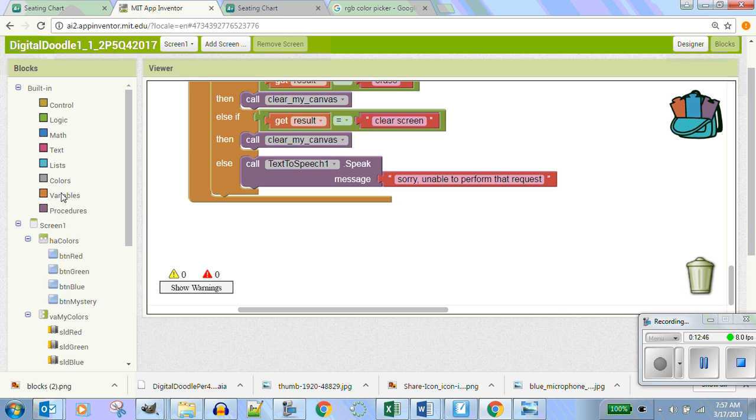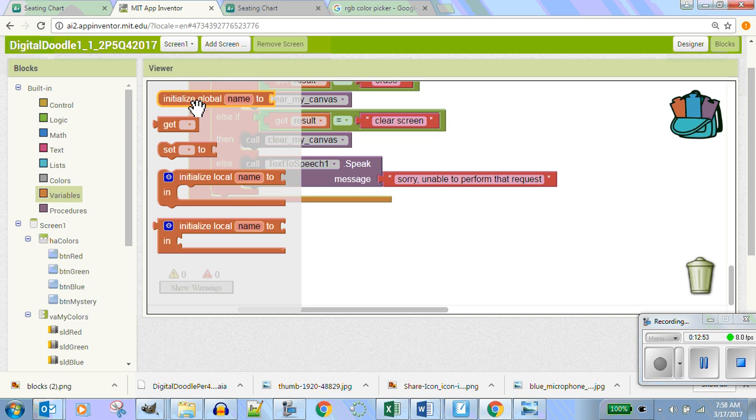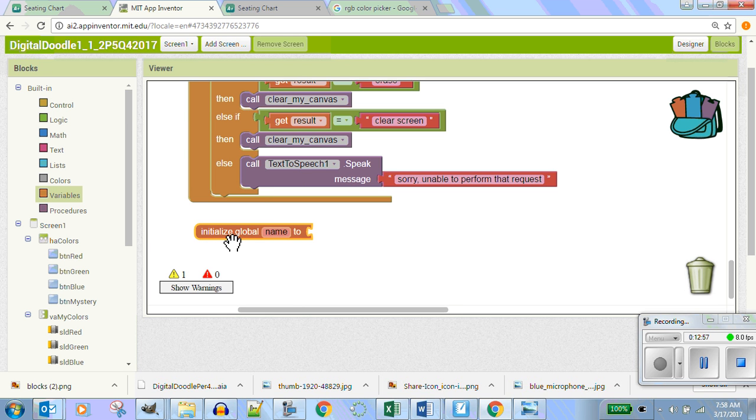So you're going to go to your variables box. Do you guys see the variable box? Thumbs up if you see the variable box. Click on it and go grab the top one that says initialize global variable name 2. We're going to give it a name. Guess what I'm going to call it? Red value. Okay? And the red value, I'm going to teach you this right now, is either going to start